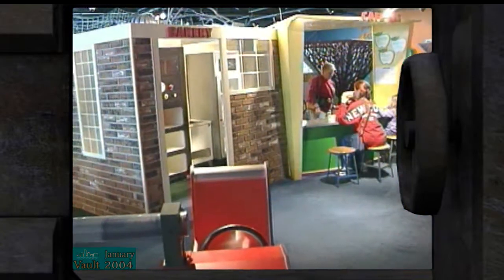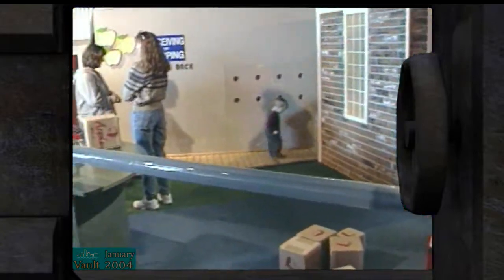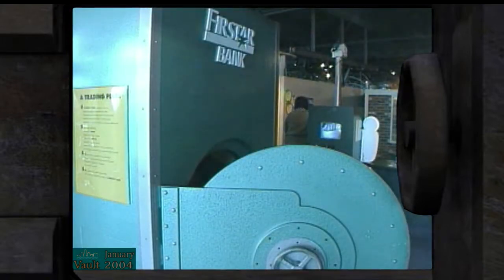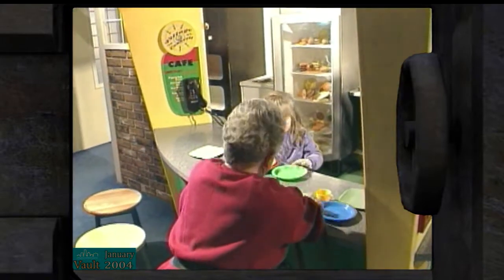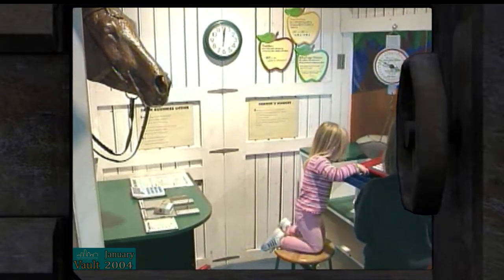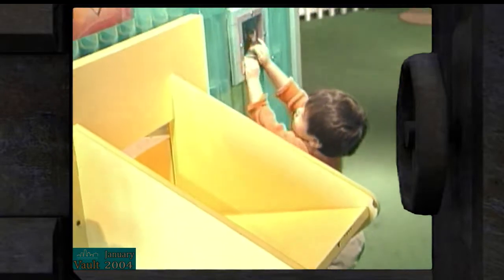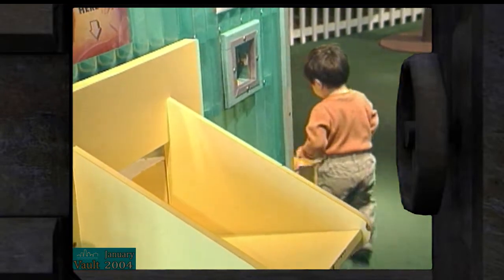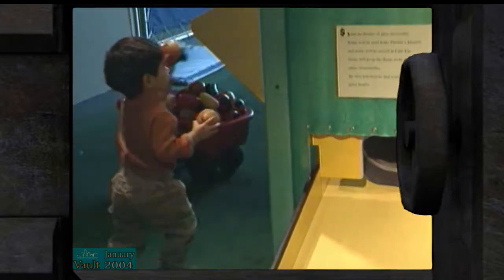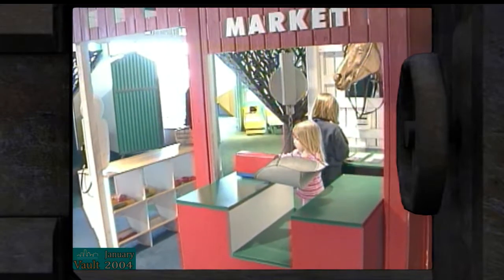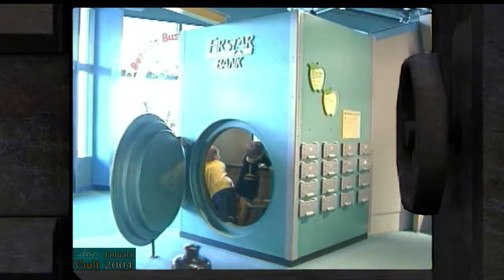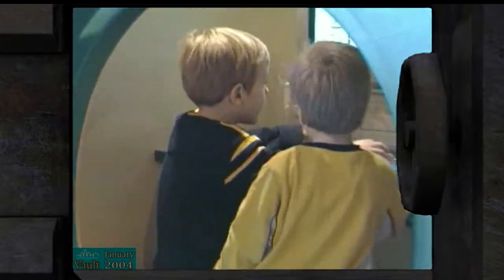A Trading Place is one of our most popular exhibits. A Trading Place refers to trade as 2 things, trade as commerce and trading goods for services. So it's an area that introduces children to work in a community, and it centers around an apple orchard. It's the inner workings of a community, and as much as children experience that on an everyday basis, we're bringing it down to their level and able to make them understand how when mom and dad go off to work, this is what's happening, and they really enjoy it. It's a lot of fun.